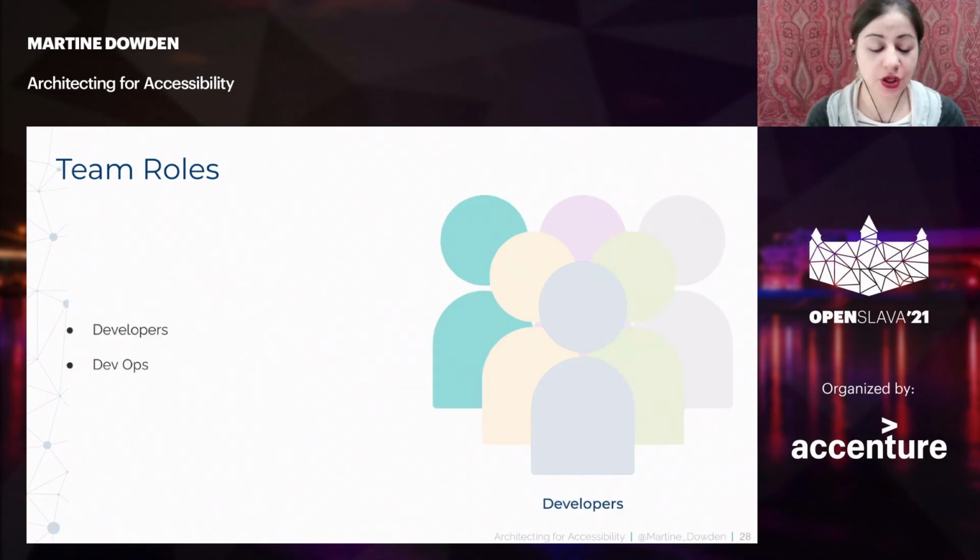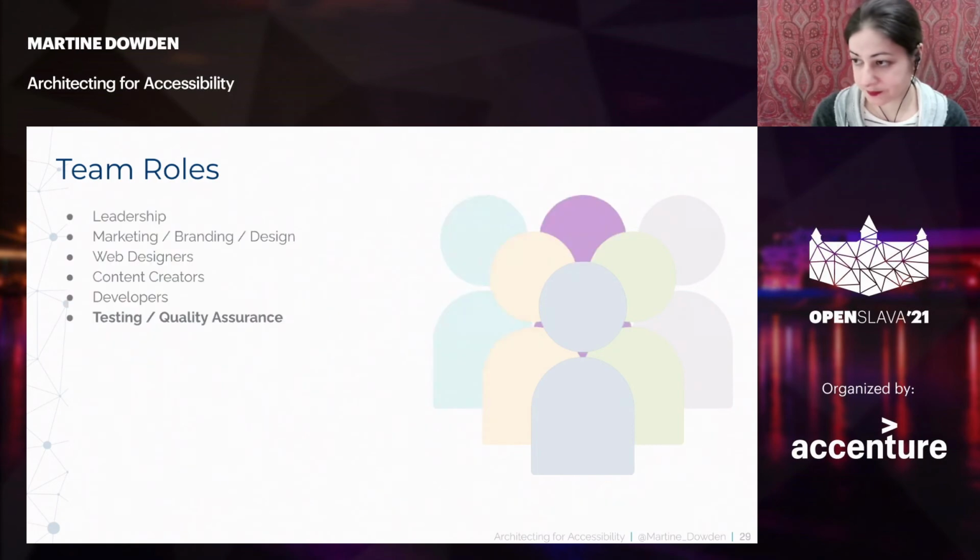Developers, obviously there's code we're going to have to be writing to make things accessible. It doesn't just magically happen because we will it so. And so there's going to be extra code and extra testing that needs to happen. DevOps may be involved in this as well because maybe we're wanting to add automated testing in our continuous integration, for example. So they're going to probably have a little bit of extra work there. So there's definitely considerations there. With the developers, depending on their skill set regarding accessibility, there may be some training needed. So that might be important to consider.